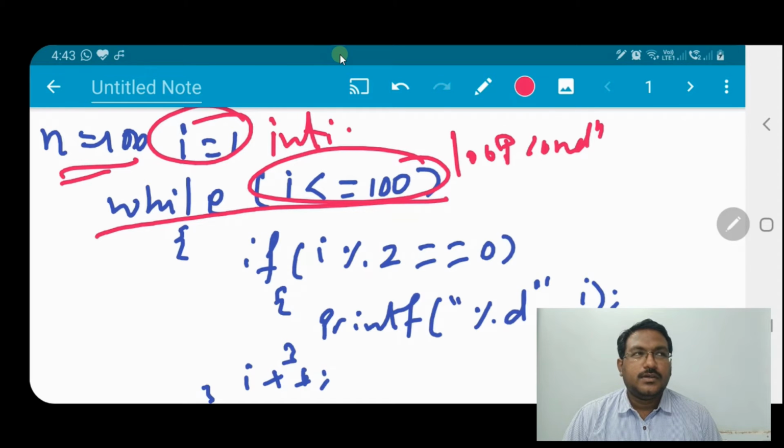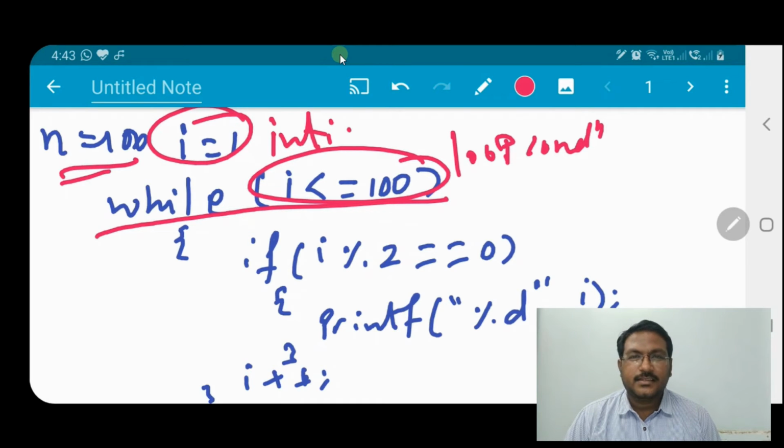Fine. So this condition is very important, because writing any other condition can change the loop body. The number of statements can be increased or decreased. So it is better to write i less than or equal to 100, or we can write that the loop will continue until the n value is greater than i.